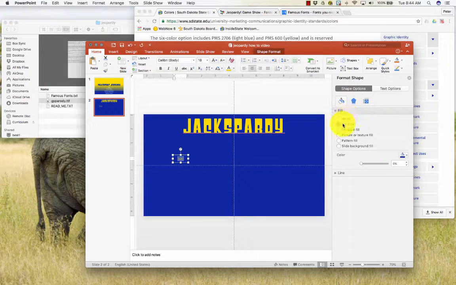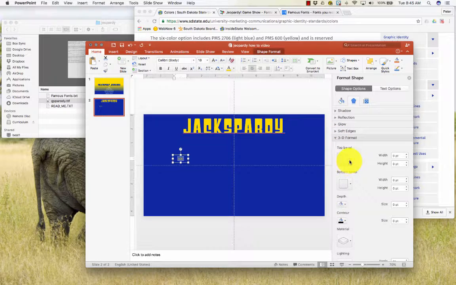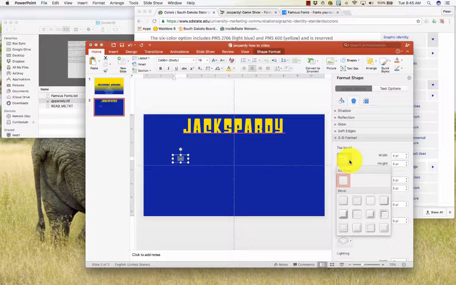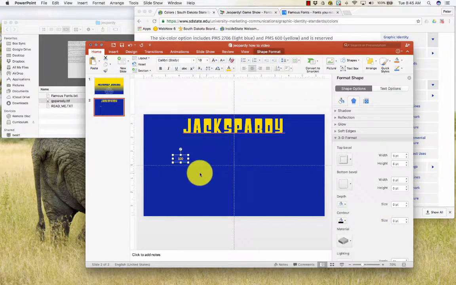And I'm going to go to some shape options here. The first thing I'm going to do is click on the pentagon. I want to give this some 3D effects. So when we look at the effects, whichever of these you seem to like the most, I'm going to go with this particular one here, and probably shrink the height just a little bit and the width just a little bit so that it'll fit in